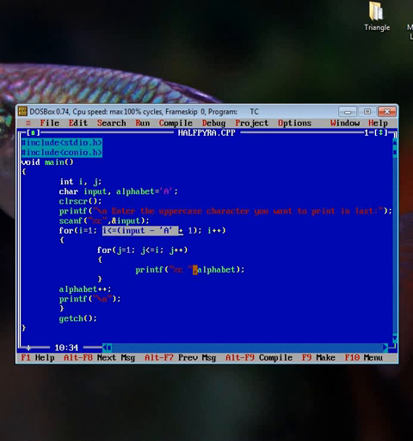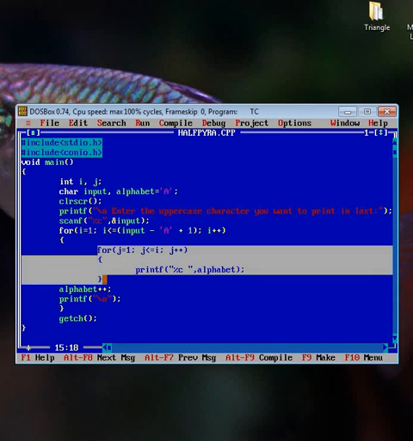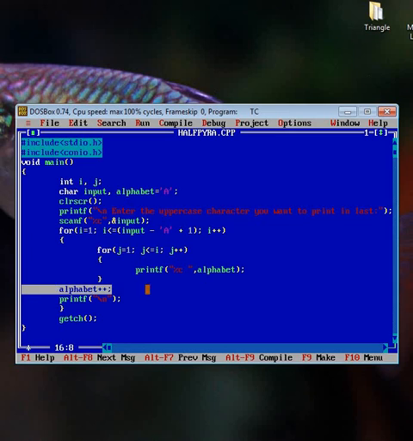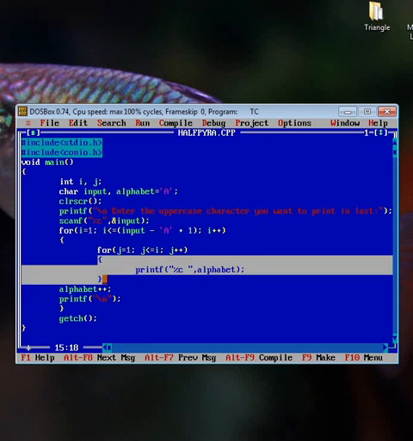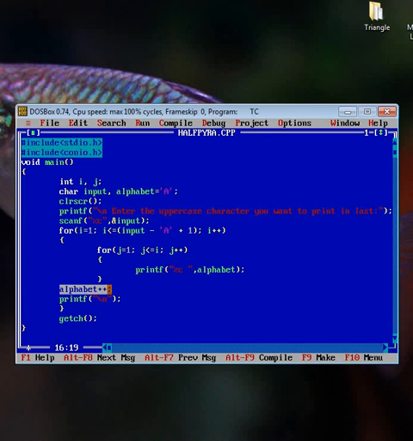And now we are printing the alphabet and space here. After that, when the inner loop is expiring, then alphabet is increased by 1, alphabet plus plus. That means when control gets out of the inner loop, the line alphabet plus plus is encountered, meaning the ASCII value of the alphabet, which is initialized to a, that means 65, will be incremented by 1.